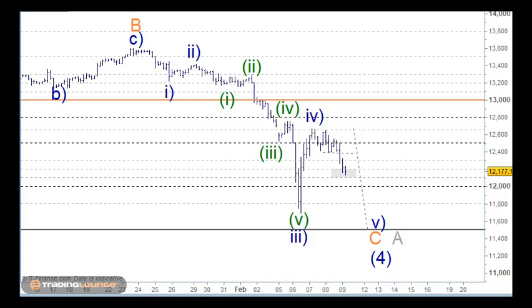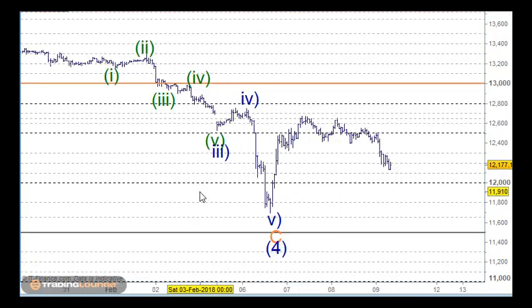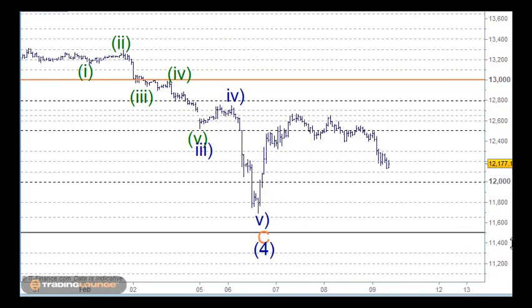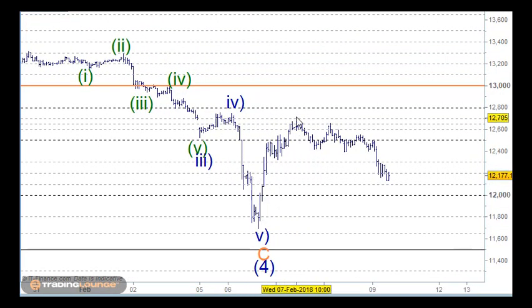So if I can just come to the hourly chart and rearrange this a little bit. I mean, having wave 4 here is not out of the question yet either. Having this particular count from wave B up here as 1 and 2, and then 5 waves down for 3, 4 and 5 here, that counts quite nicely as well. And in that case, we'd be looking for this as an A wave up here and a B wave here and a C wave moving up here. So that's not out of the question, but it still needs to move down a bit further, because this would be